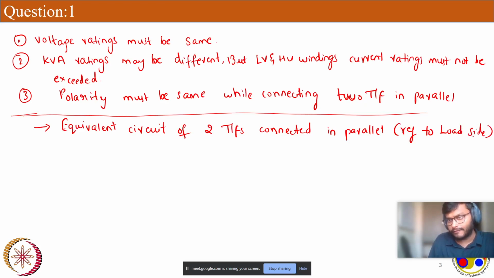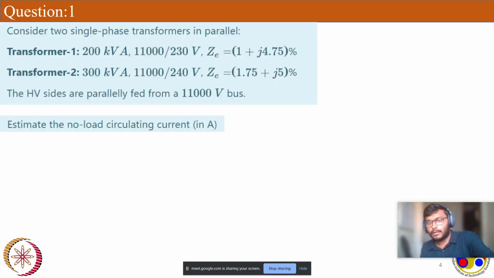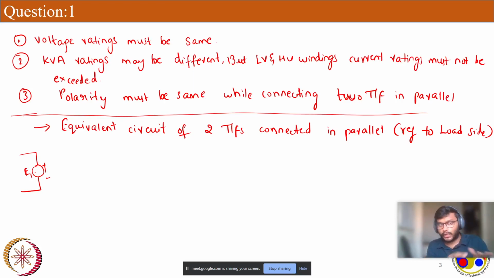We will see why we have referred to the load side. So yeah, let's say I'm just drawing the induced voltages. I'm not drawing the supply voltages. Let's say in my primary side, it is the primary side induced voltage E1, and this is primary side